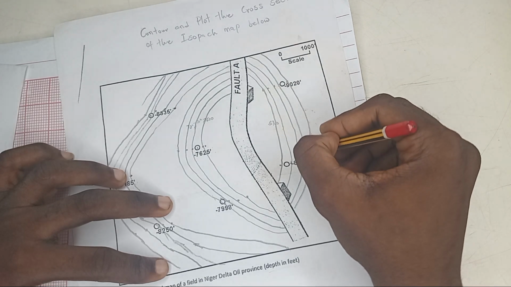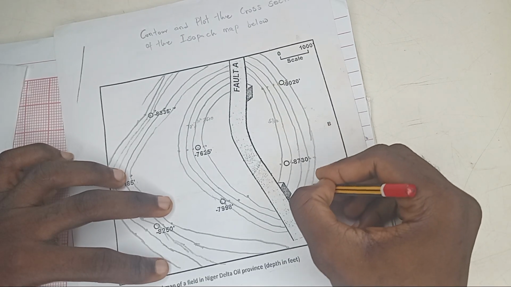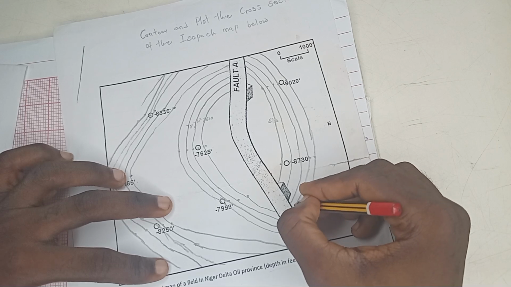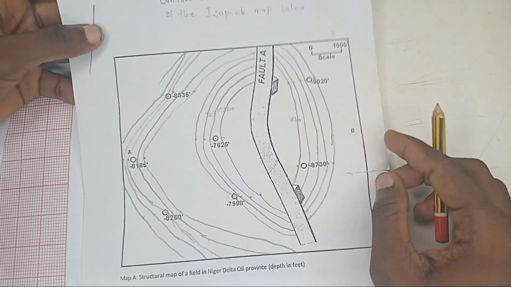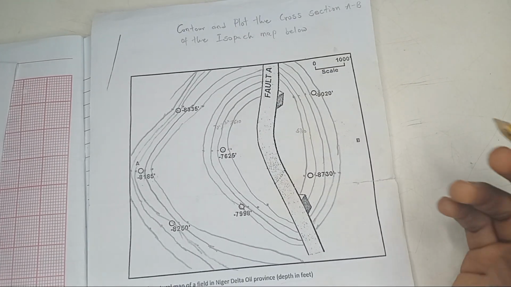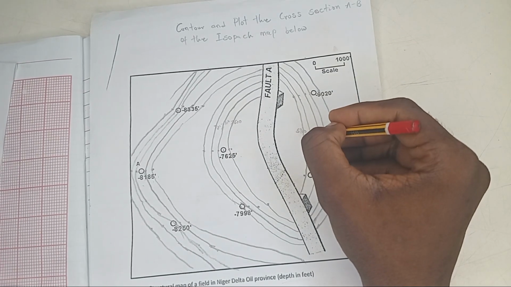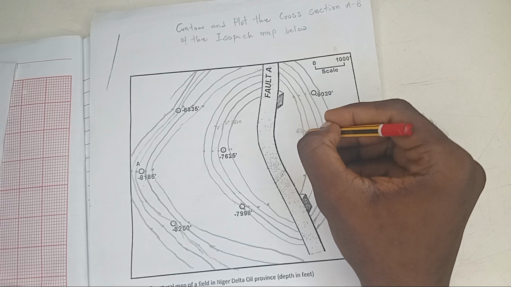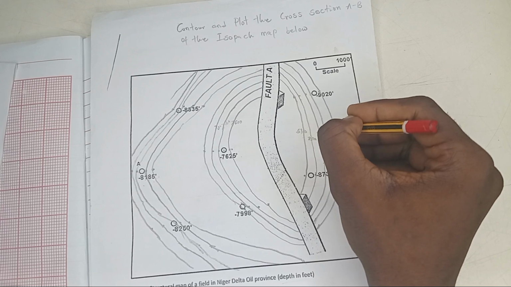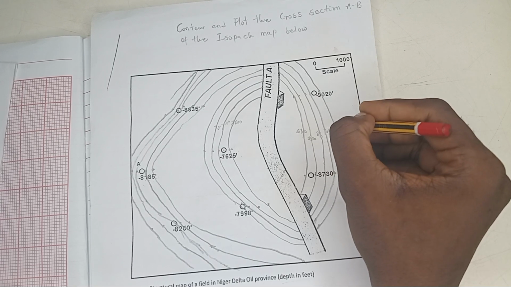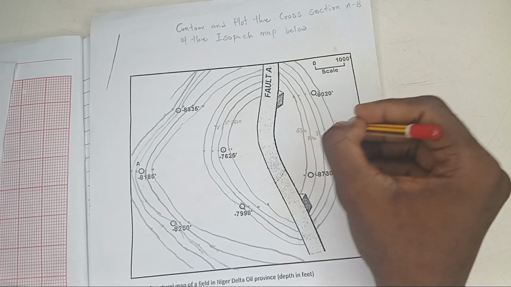Good. So there's a mark for your contouring in your exam. Now you've contoured an isopach map. The next thing you need to do is to put the names: 8,700, 8,800, 8,900, 9,000. Write it inside very well. Next one is